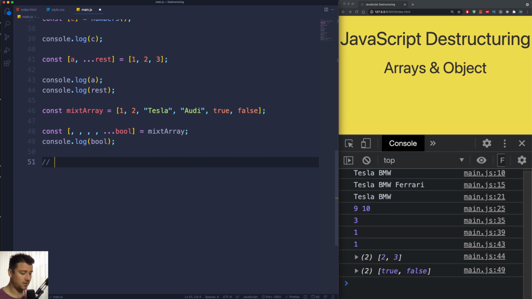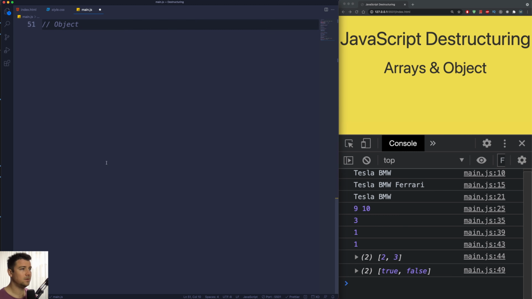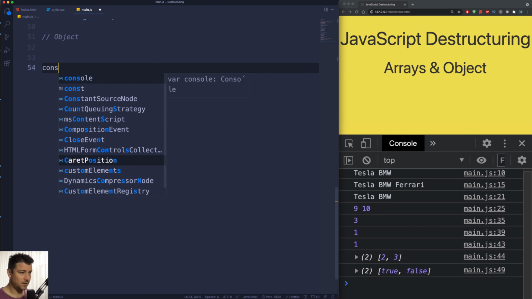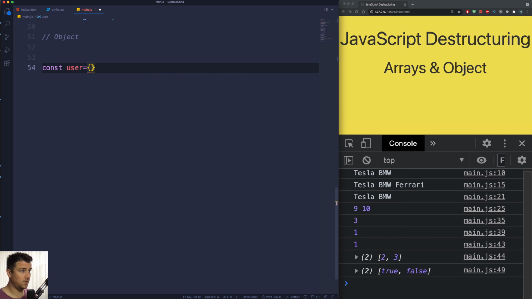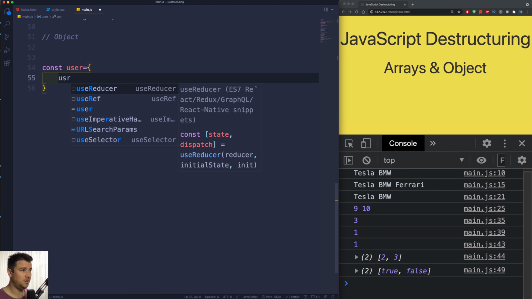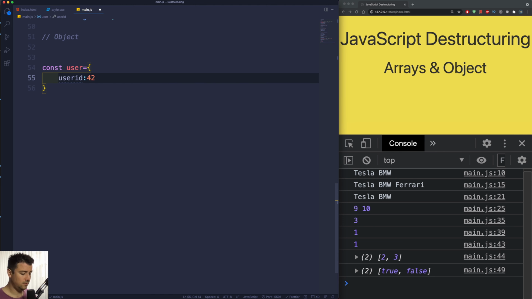So let's type in here another comment, objects, and let's move up here. So let's create a very basic object. Let's create a const user. We're going to set this to an object of user ID. Let's say 42, and then we will also give this, typing here a capital I, is verified. And let's set this to true. So if I wish to destructure and get user ID and is verified from that object, I could just do